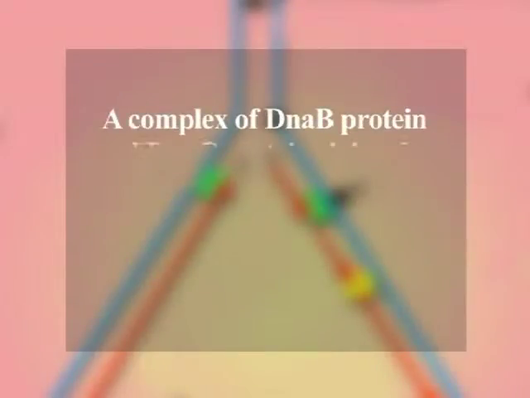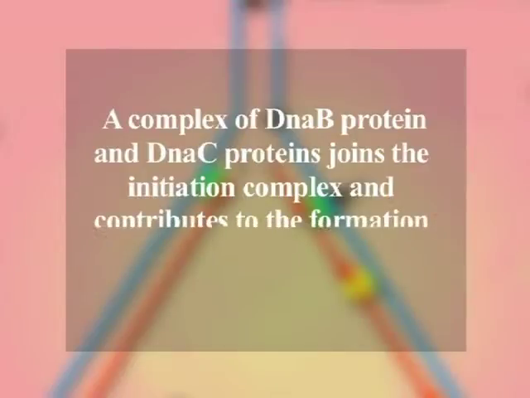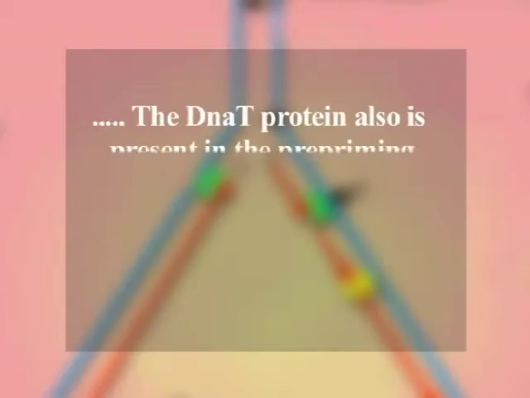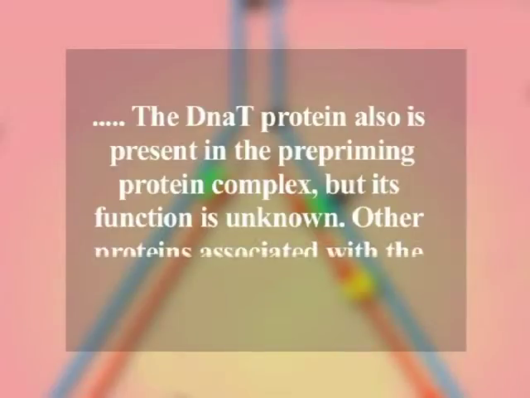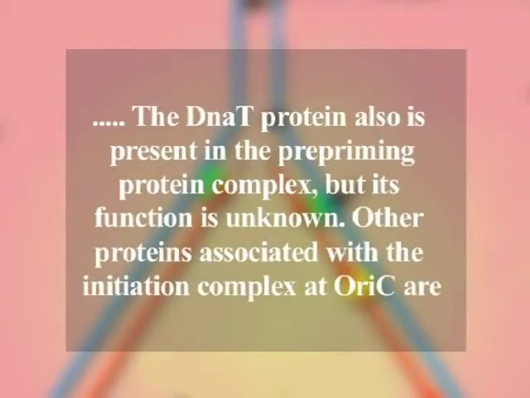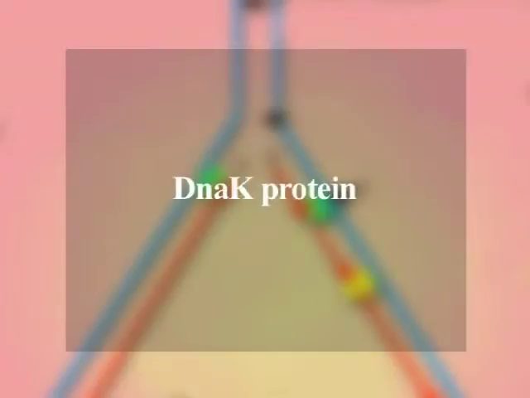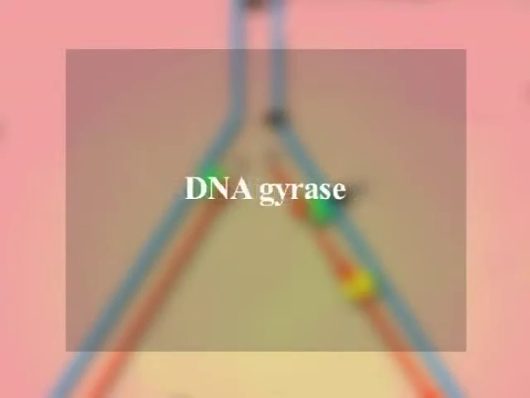A complex of DnaB protein and DnaC protein joins the insertion complex and contributes to the formation of the two bidirectional replication forks. The DnaT protein also is present in the pre-priming protein complex, but its function is unknown. Other proteins associated with the initiation complex at oriC are DnaJ protein, DnaK protein, PriA protein, PriB protein, PriC protein, DNA binding proteins, DNA gyrase and